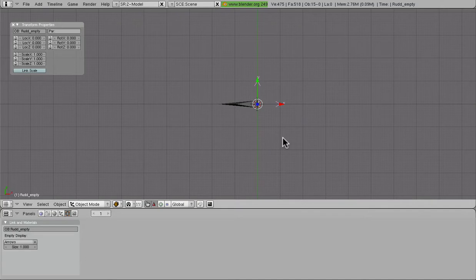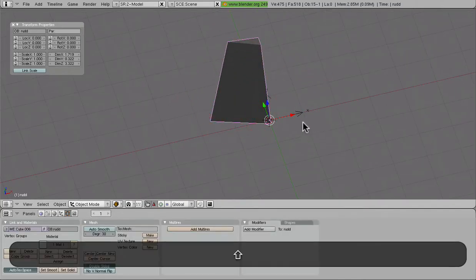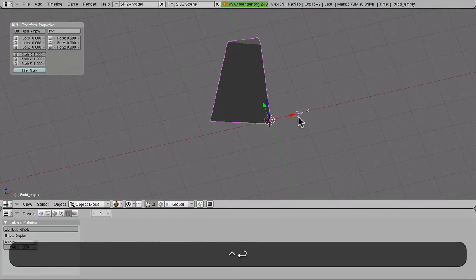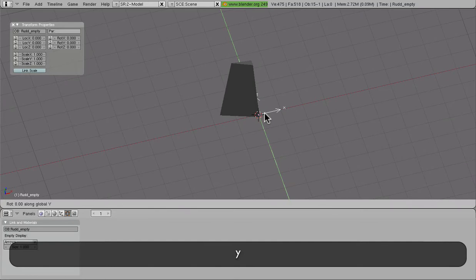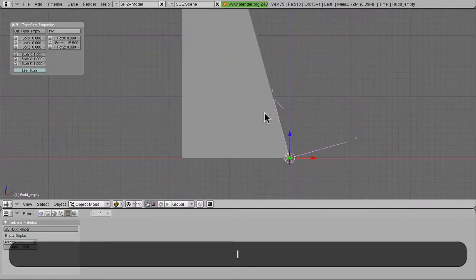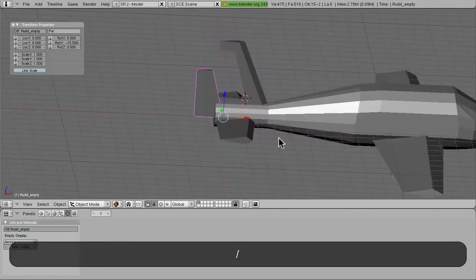Let's see what's going on here. Now we're going to parent our child, which is the rudder, to our empty, Control P, and then we can actually go ahead and rotate this back, RY minus 15.5. Now when we look at it from the side, okay, that's all set. Now we're ready to bring this out of isolation